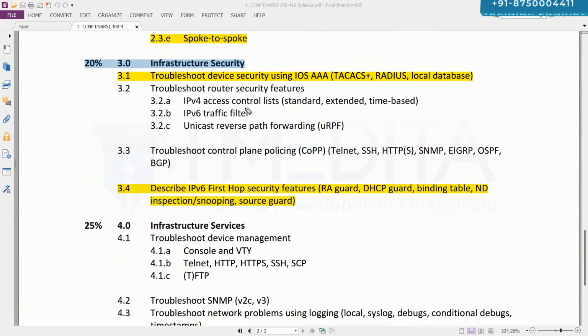We'll focus on access control list, standard access list, extended access list, and additional security features such as the control plane policing feature. How can we limit what type of traffic can go towards the CPU of the device? How can we limit that? All of that we are going to cover under infrastructure security, which is again going to cover 20% of the